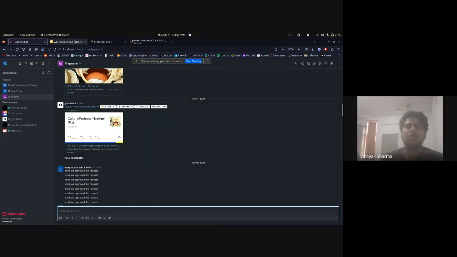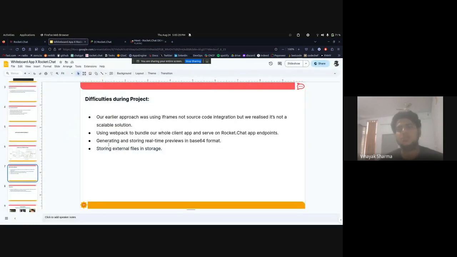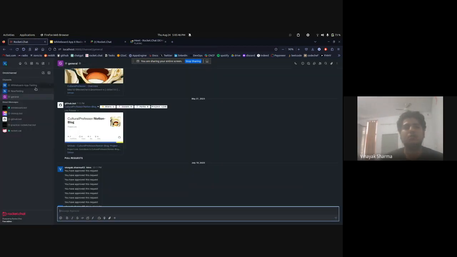But later we realized that it was not a feasible solution, because when we load our workspace or reload our page, all the workspaces get started up at the same time. So it takes a huge load on the server. So yeah, we decided to take this new approach where we